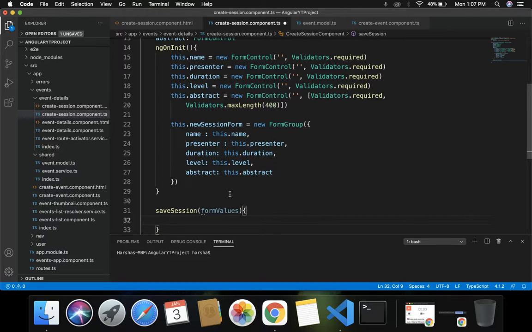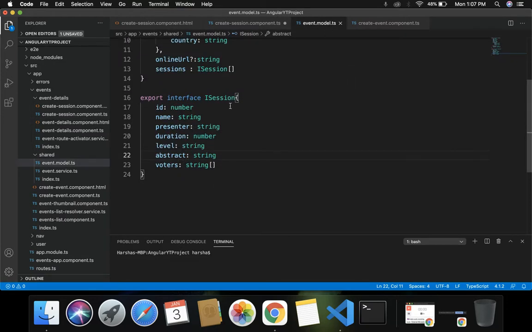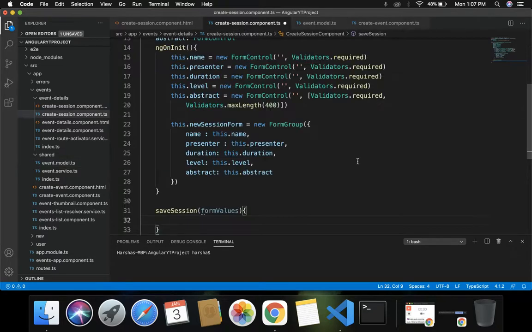Let's import the session model. Whatever fields we are getting, that is id, name, duration, level, presenter, abstract and voters, we are following the event model. Inside event.model.ts we have specified this interface, that is the ISession interface. So let's follow this particular model approach, taking these properties by importing ISession here. Inside this create session component.ts, let's import ISession. So let session: ISession equals